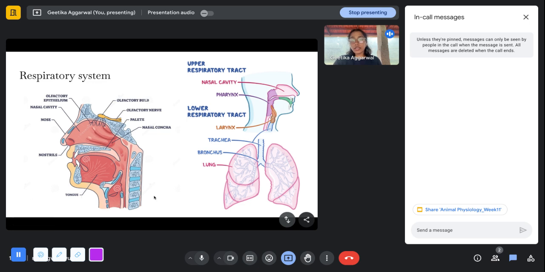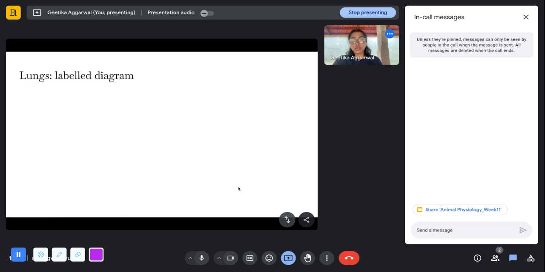Here is a further diagram to show that in the nose, these are the nostrils, and from here the air enters. Here in the nasal cavity, we have the obstructions for the other particles, which we would like to get rid of, and from here the air moves on to enter into the lungs. Moving on to the lungs,